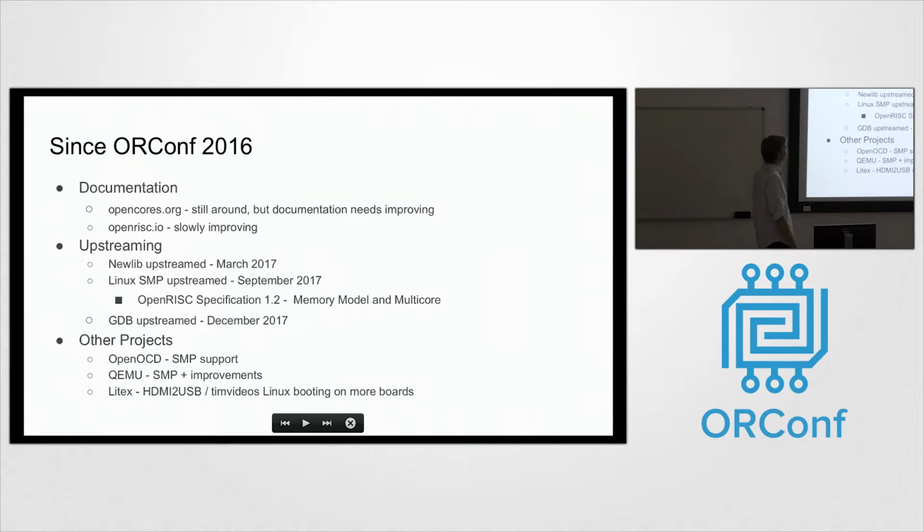So newlib patches, we had about 20 patches that needed to be upstreamed. I cleaned them up and sent them upstream. So if you want to use newlib, the bare metal libc implementation, just take the upstream version. We don't have an OpenRISC version you have to go download and find the code for. Upstream is what you should use.